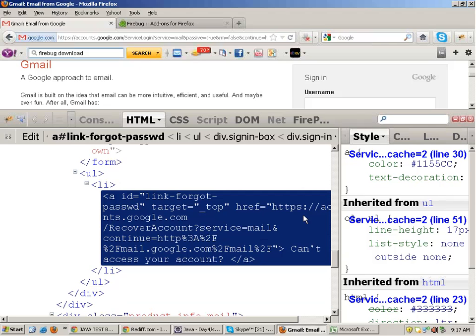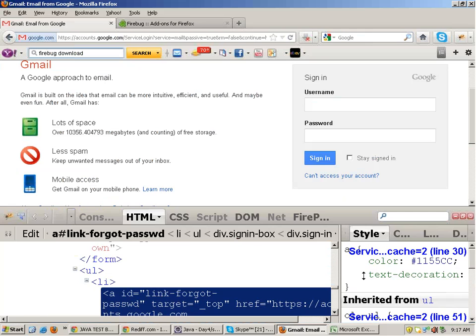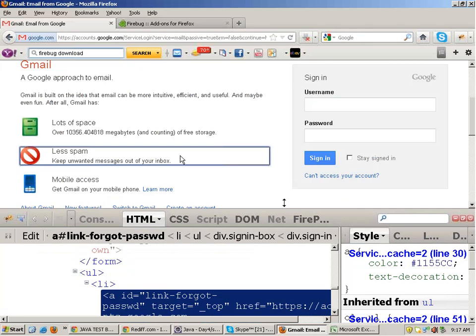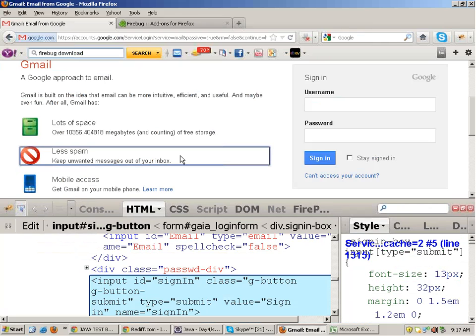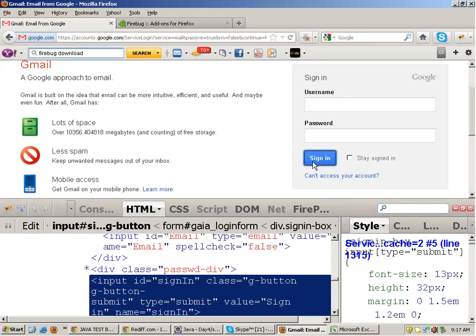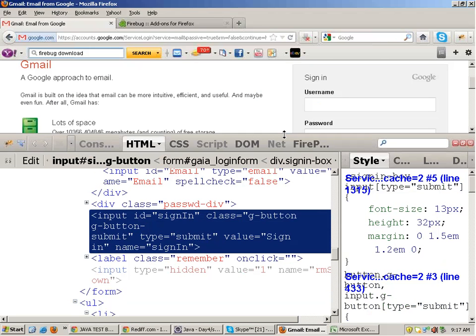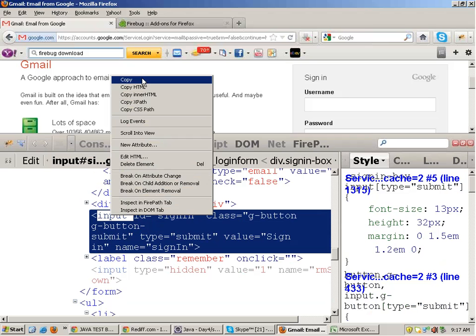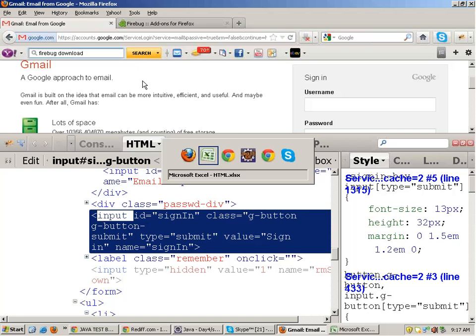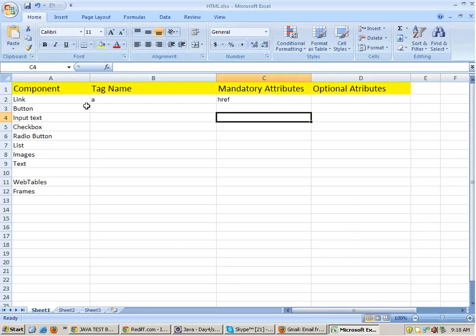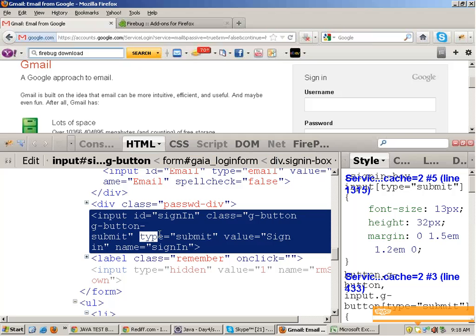In case of a button, for example, this is a sign in button, if I investigate this sign in button, this button always has tag name input. Always remember, the button will always have tag name input, right? And there is an attribute